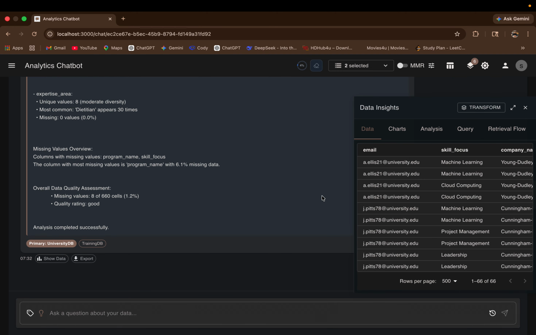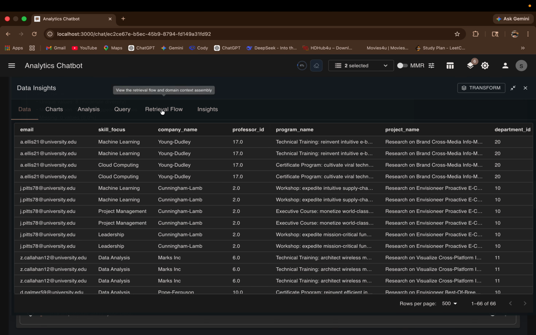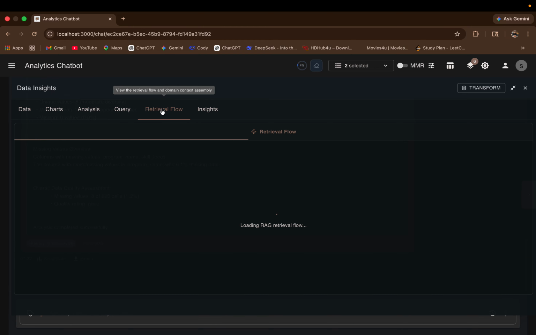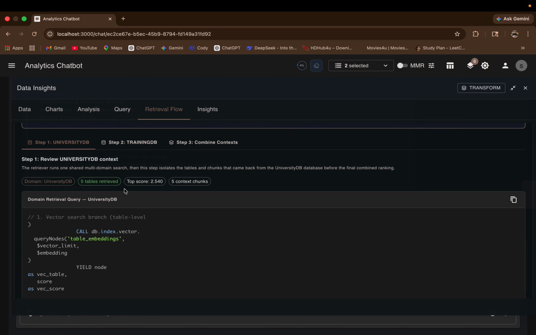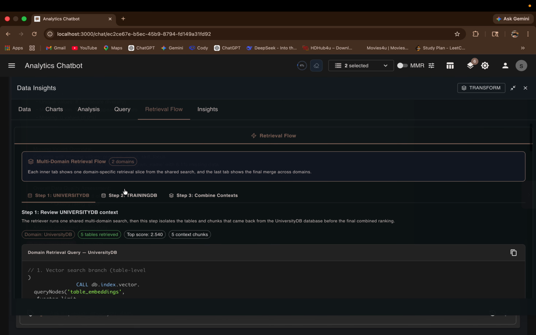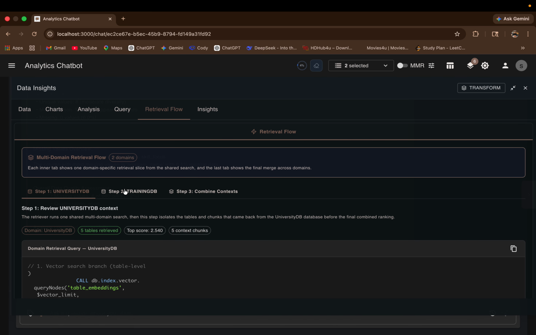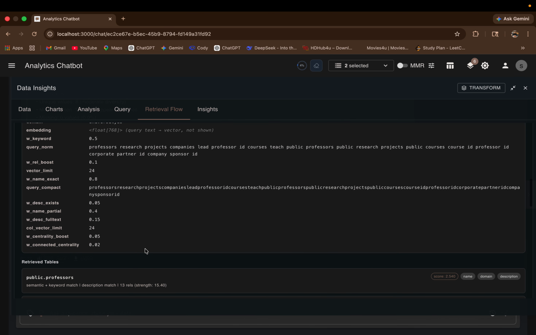If I take you to the feature, I'm not going to explain the other features because it will make the video long, and as the other things are quite similar, I don't think I even need to explain them. So if I take you to this retrieval flow, which I added recently, you can see multi-domain retrieval flow, two domains and so on. Basically it's two separate databases, right, as I mentioned. So you can see step 1, step 2 and step 3. From what database, how exactly it pulled out the data,